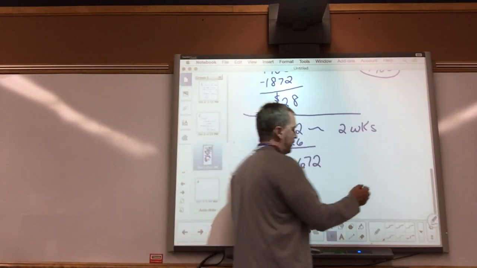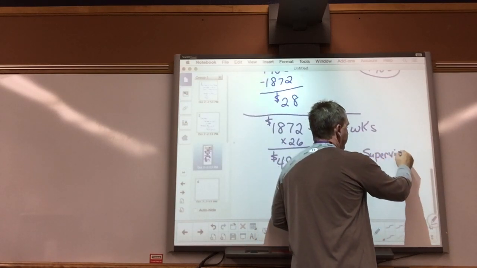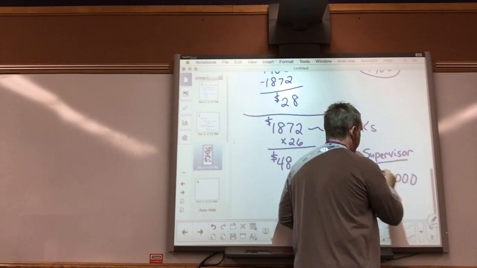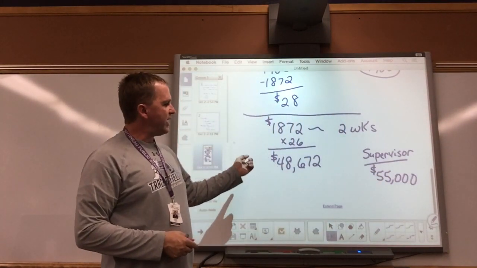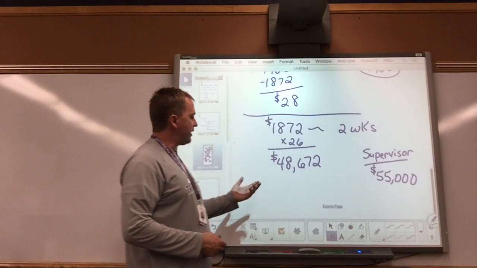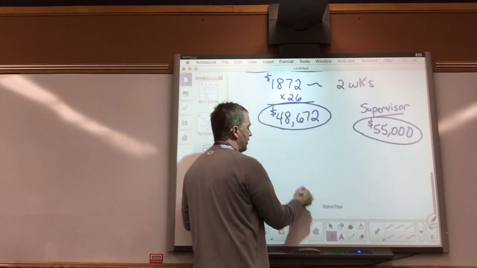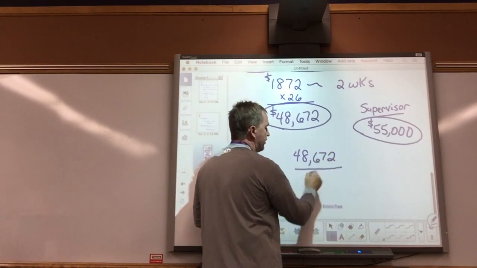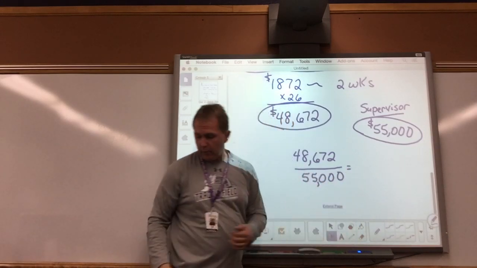So let's say I had a supervisor, and my supervisor made $55,000 annually. That was his salary or her salary. And I want to know what percentage my salary is of my supervisor's salary. So when I get to the end here and I look at my annual pay versus my supervisor's annual pay, I'm going to take my annual pay, $48,672, divided by 55,000, and when I do that, I come up with a decimal that's